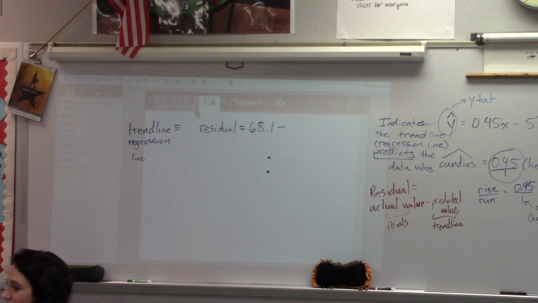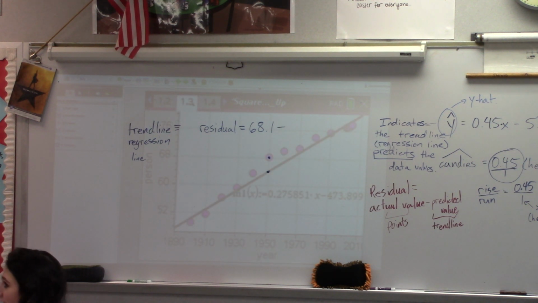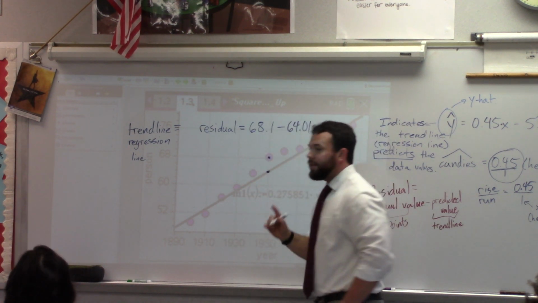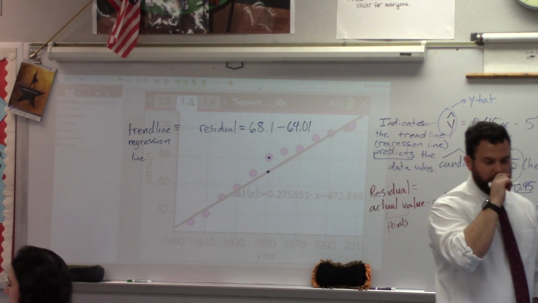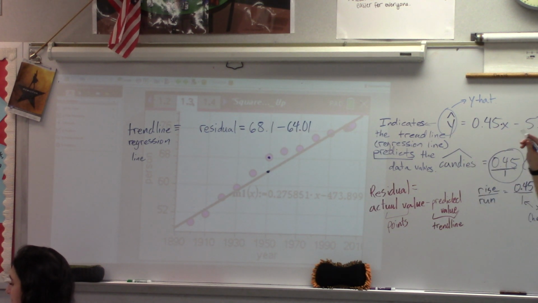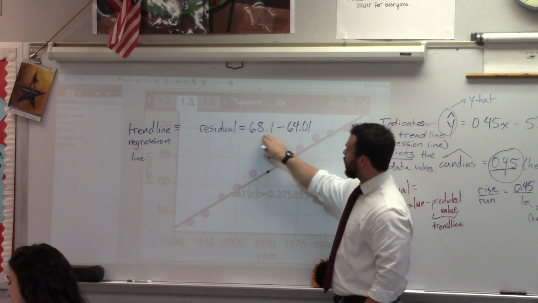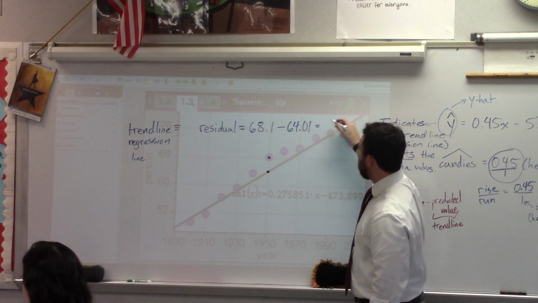So add a calculator page. M1 of 1950. I know that. 64.01. Okay? I need y'all to pay attention to this, and I need you to take a note about this, because what I'm about to talk about is really important. When I subtract these two, I get